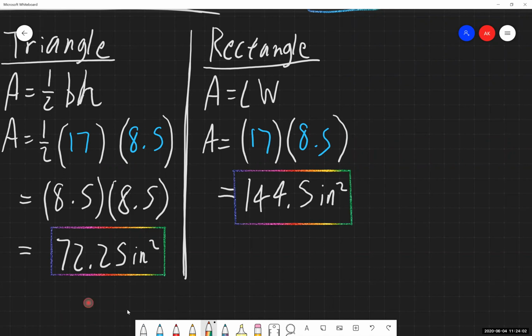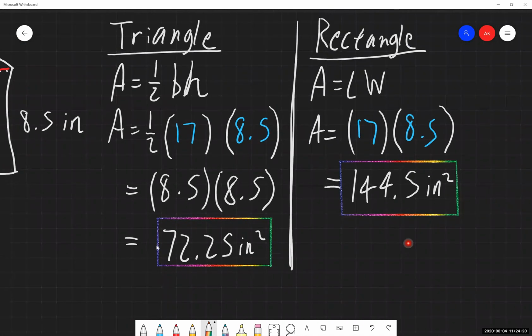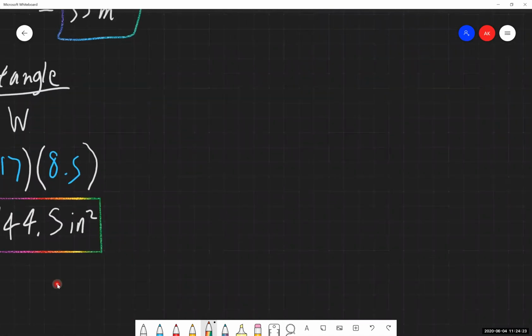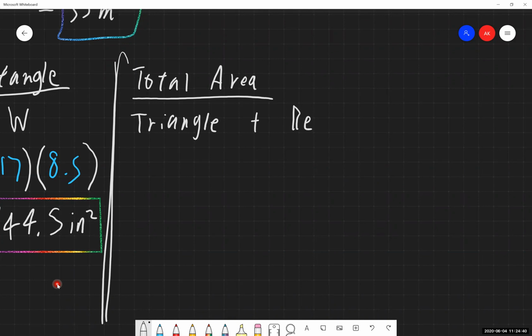But again, we are not asked what's the area of the triangle that's in this, or what's the area of the rectangle. We're being asked, what is the total area inside this thing? So now the last thing I have to do, because I've solved for the area of each of its parts, is add all of those parts together and then we'll get the total area. So I'm just going off to the side here. And if we need to write this out for ourselves, that's fine. Just making sure we know what we're doing.